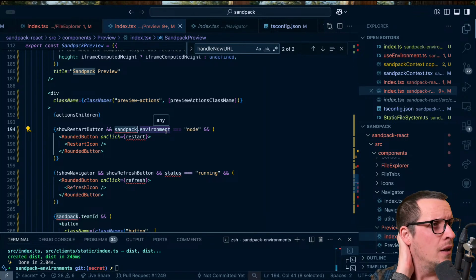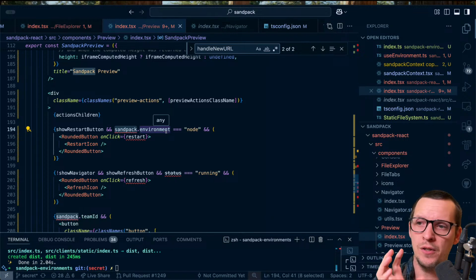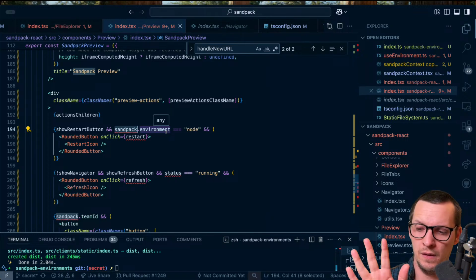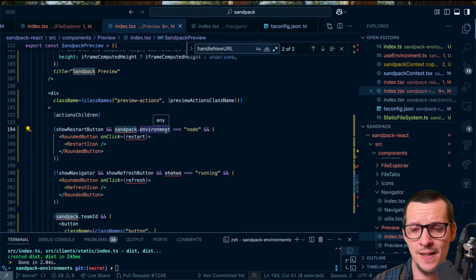refactoring, I think, because the big change to Sandpack now is that it can run a template, or you can load an existing sandbox or VM. So it's not bound to these templates anymore. But with the templates, we can infer the environment. Well, we can always infer the environment. Yeah, but still we have to know what environment is actually running. So maybe we should